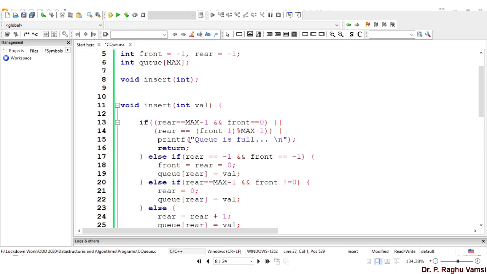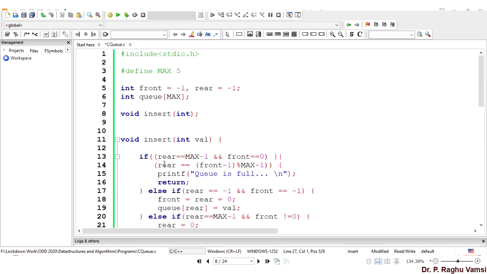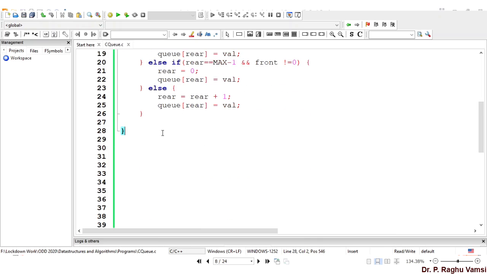Now we have achieved almost all conditions. If anything is required to be added in due time, whenever we complete the remove queue and other things, we'll see how to fix it there. Next, we will move on to the removal, void remove queue. Since whenever removal is done, remove queue will return the integer value, so int remove queue.